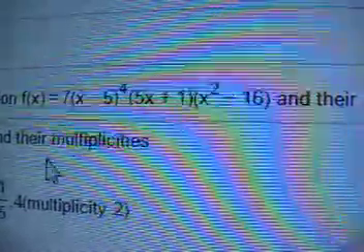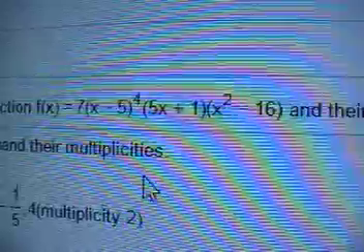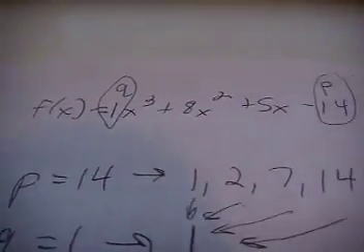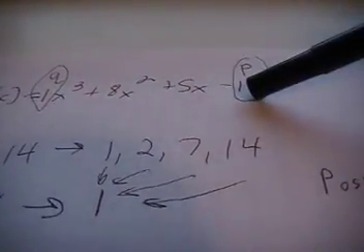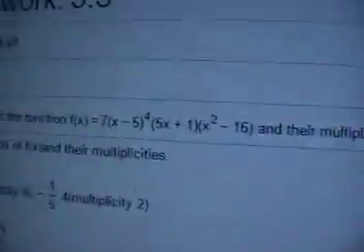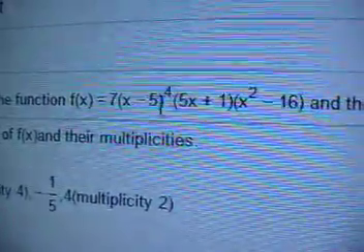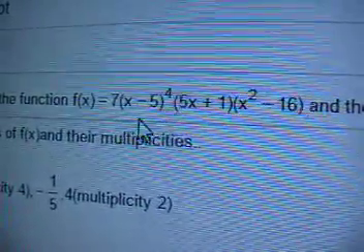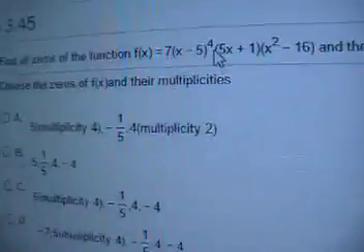So this is a concept called multiplicity. Multiplicity is when answers repeat. And if you have a polynomial in factored form, as opposed to the long polynomial that we had on the last problem, where it was x to the 3rd plus 9x squared plus 5x minus 14, you can't see the factors or the zeros. It takes a while to find them all. But when it's in factored form, you can see all the factors and all the zeros right away. And if they're factored with exponents, then they have a multiplicity larger than 1. So there is an x equals 5 zero, and it has a multiplicity of 4, which means it literally happens